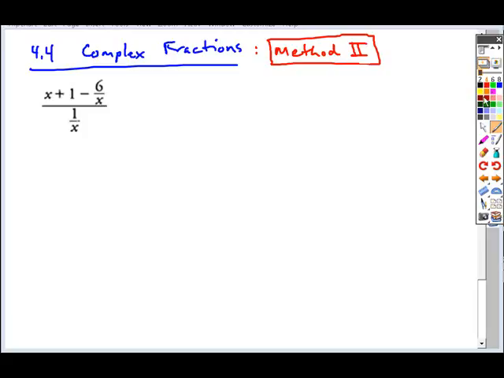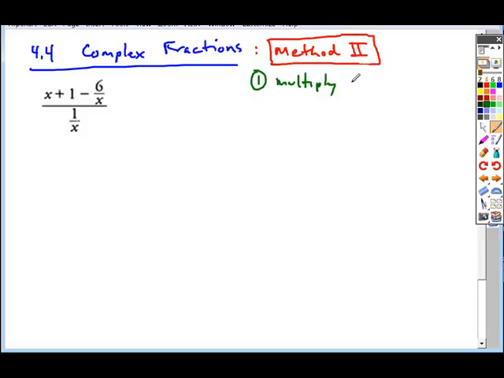This second method is a little more efficient. It can be done quicker. However, it's only more efficient for specific types of problems, and I'll try to explain what types those are. But when you're using this second method, what you're going to do is you're going to